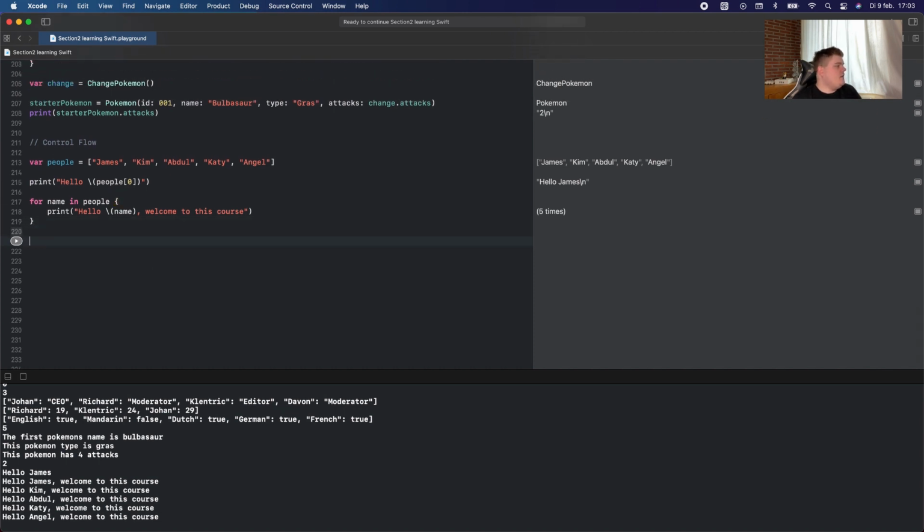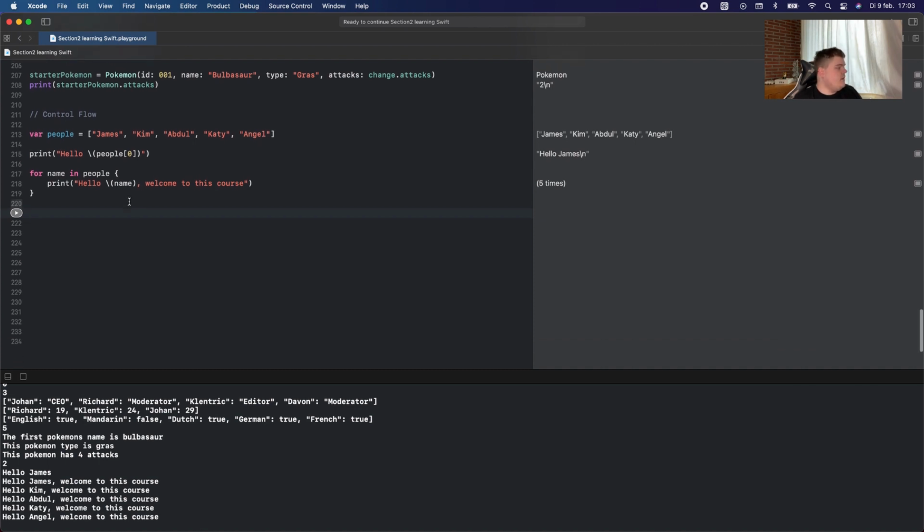So with a for in loop, it's really interesting if you want to loop through different kinds of information. It's exactly the same when we do this with dictionaries. We can actually create a dictionary. So let's create a dictionary of courses. It's equal to,